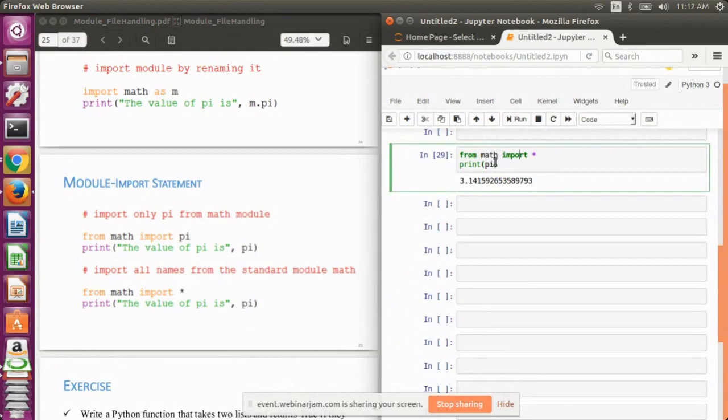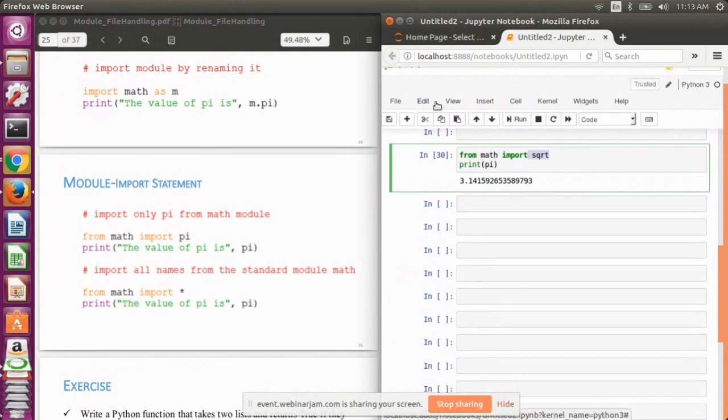Now if I use square root, actually let me rerun the environment, because previously I ran from math import star, so automatically all the functions of the math library got imported into my working environment. That's why this time it is running.